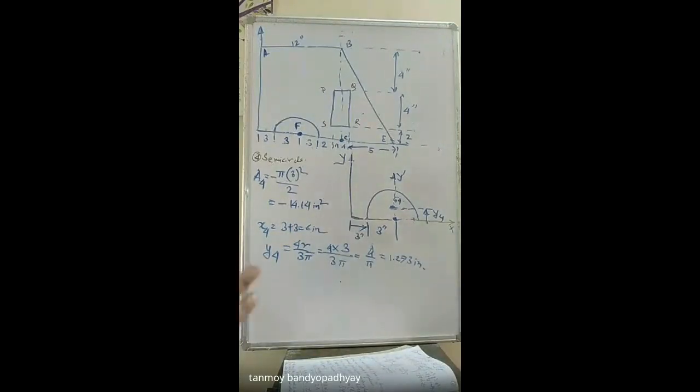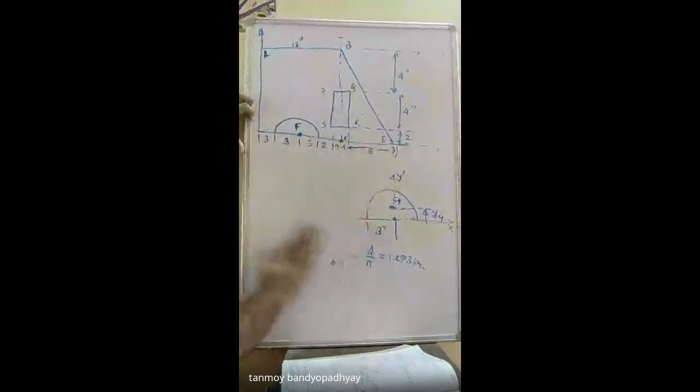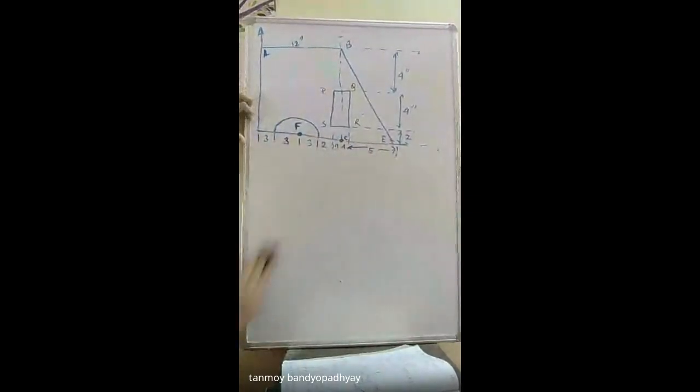But every elemental area is contributing to the calculation of the centroid. But if I miss out this area, the contribution of this area is actually getting subtracted while calculating the centroid of the element. So once you have got all the values, so I hope now you can understand. So just do it. It's just easy calculation.